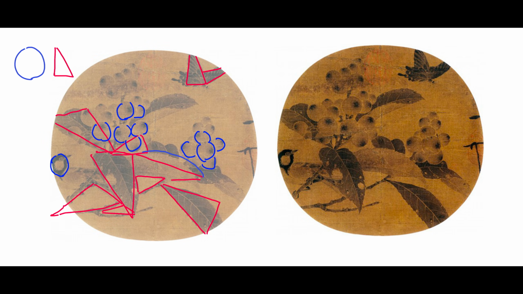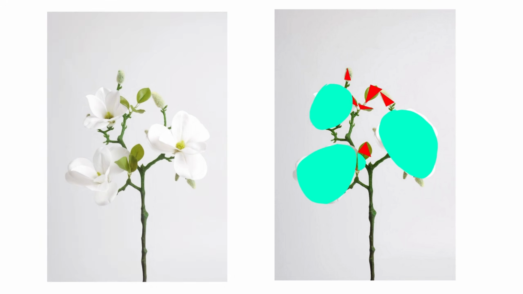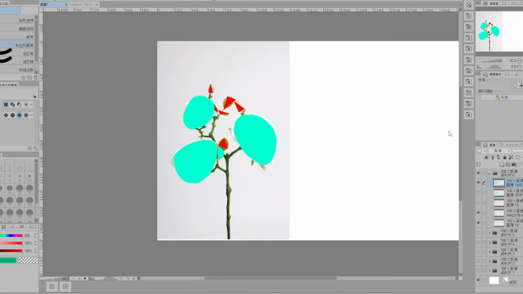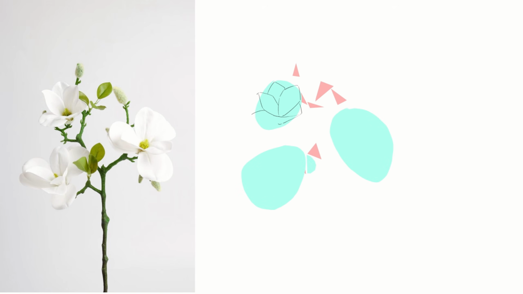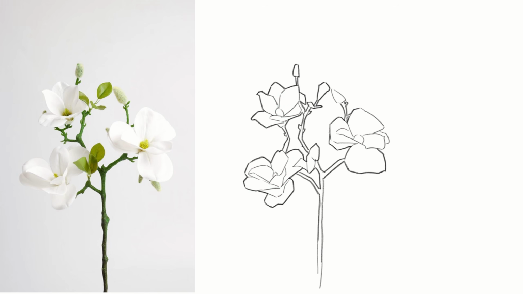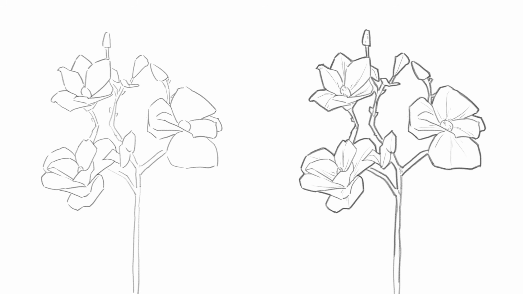This painting demonstrates how objects can be simplified into basic shapes. The composition is made up of circles and triangles. We can use a similar approach, such as with this flower, simplifying it using circles and triangles. When sketching, we can approximate its outer contour with a circle and utilize CSI techniques. This method helps to achieve a stronger sense of form. You might notice that compared to initial sketches, the final drawing shows a more distinct and organized hierarchy.